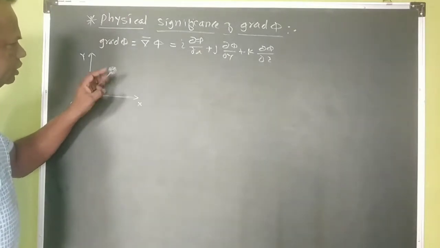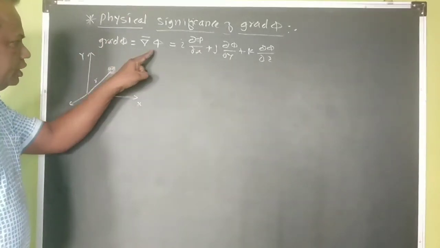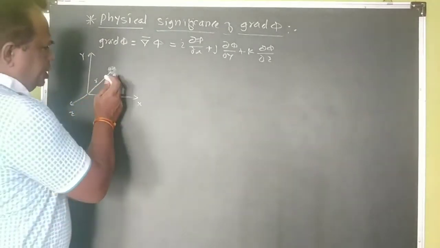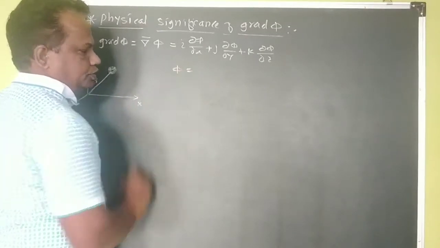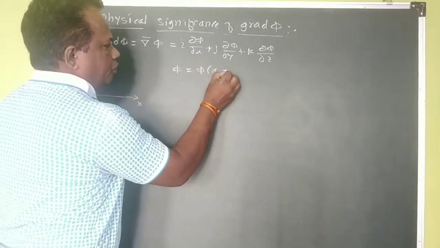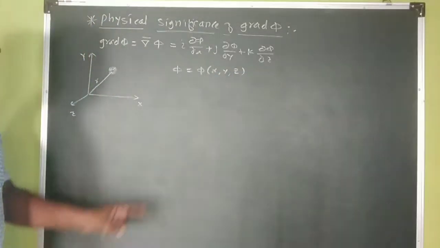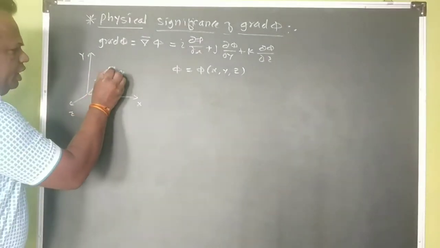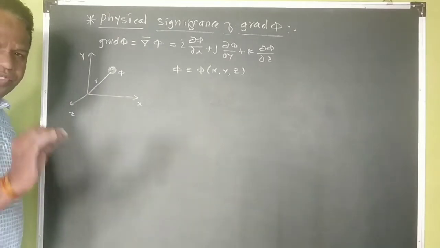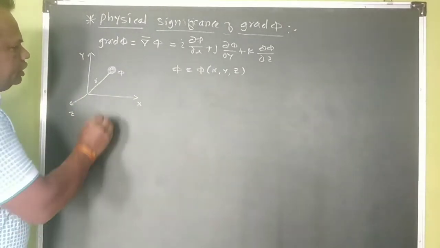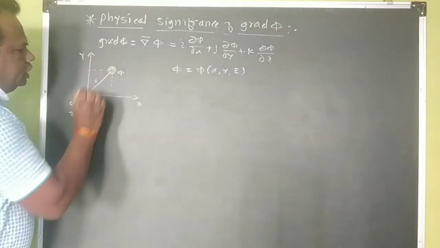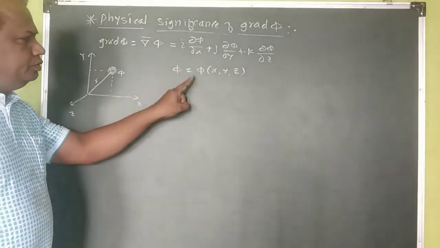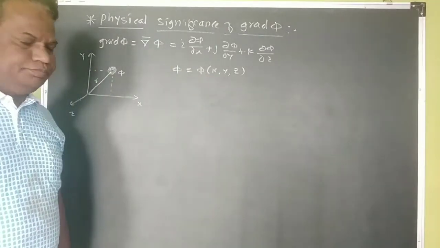So now phi is a scalar function, that is, it is in terms of the temperature. So it is represented by phi is equal to phi of x, y and z. These are the position coordinates of phi. This is phi, having the body with 100 degrees temperature. The hot body is put here. Then the position coordinates you can calculate from this Cartesian coordinate system, that is given by phi is equal to phi of x, y and z.